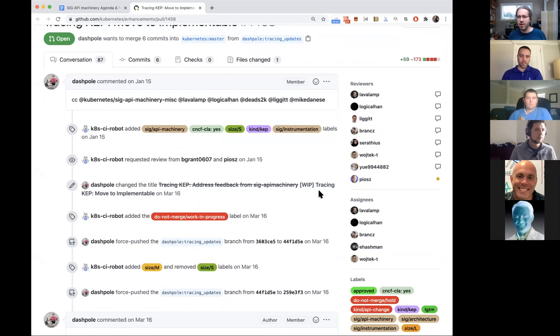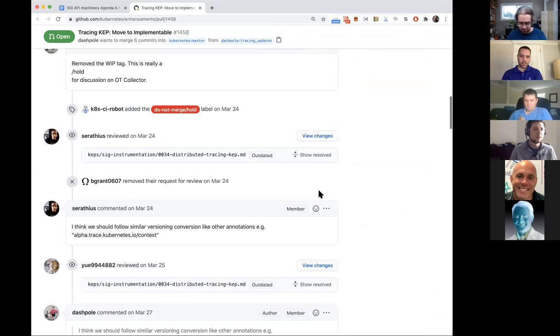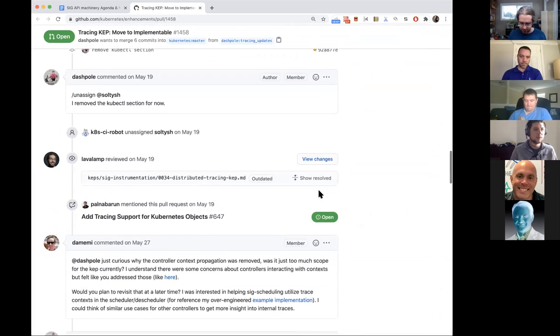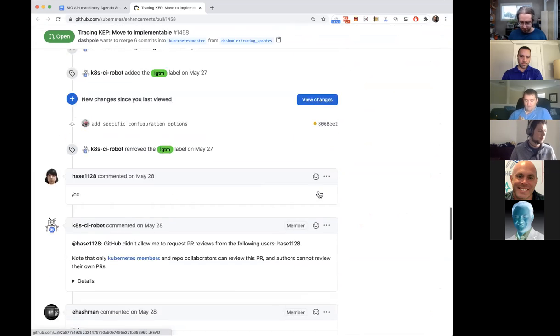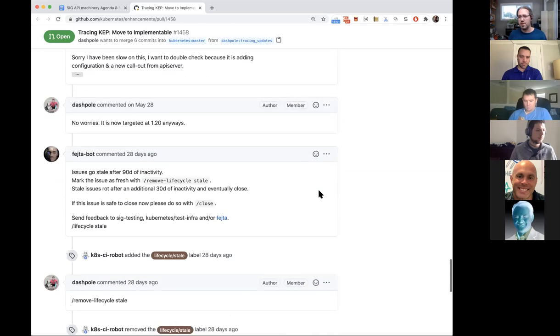I mean, I guess people don't have to enable it, right? But if they do enable it, then the API server will call out to a new thing. So that's probably a good thing to make sure nobody's surprised about.